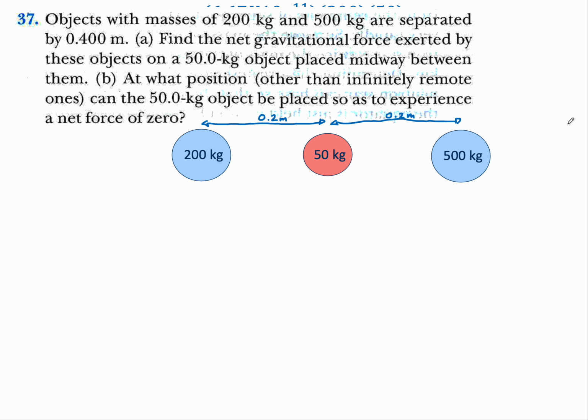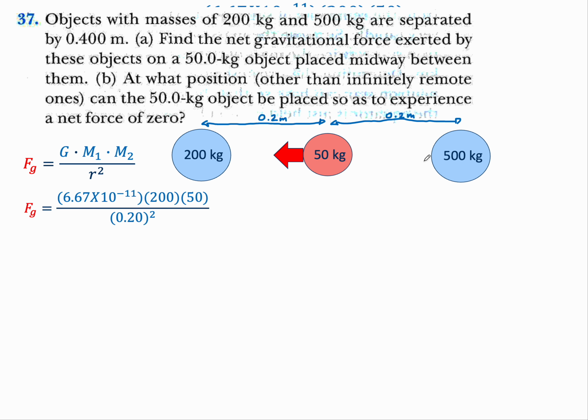So in number 37, you've got two objects with mass of 200 kilograms and 500 kilograms that are separated by 0.4 meters. A, find the net gravitational force exerted by these objects on a 50 kilogram object placed midway between them. So in this case, we'd have the 50 kilogram object 0.2 meters from one and 0.2 meters from the other. The attraction for the 200 kilogram object, just using the universal law of gravitation, we can just plug and